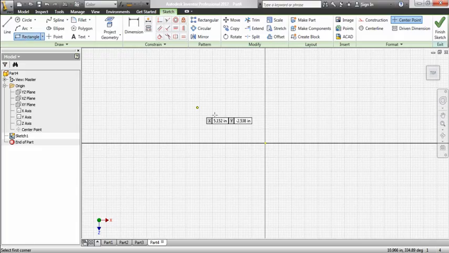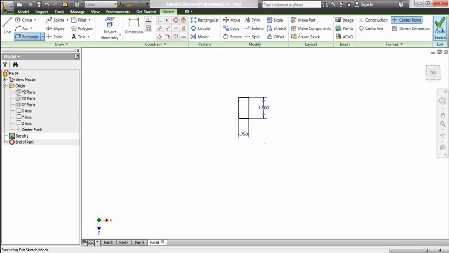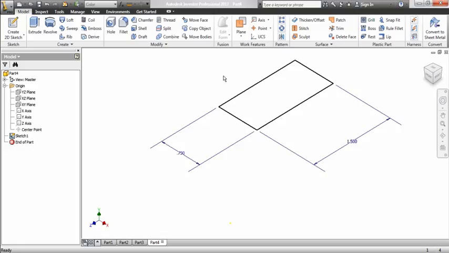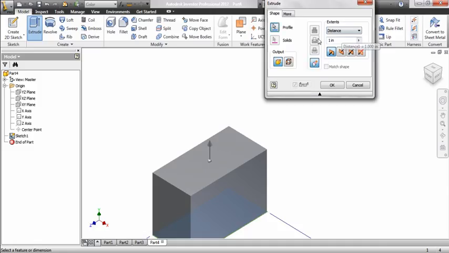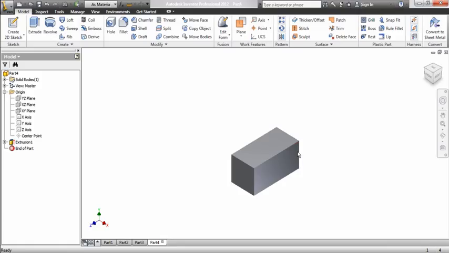And I'm going to grab my rectangle tool, and I'm going to draw a rectangle. My rectangle is going to be 0.75 for the bottom, then I'm going to hit tab, and I'm going to put 1.5 for the length, because that's what it is. Finish sketch, go to isometric view, I'm going to extrude this, and I'm going to extrude it 0.75. Okay, now I'm going to go to the same exact plane I just went to, the XZ plane, and I'm going to make another sketch,